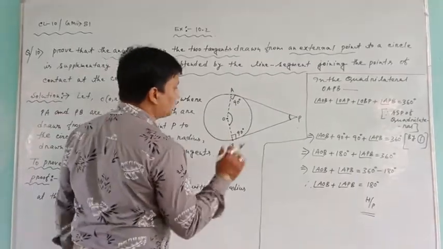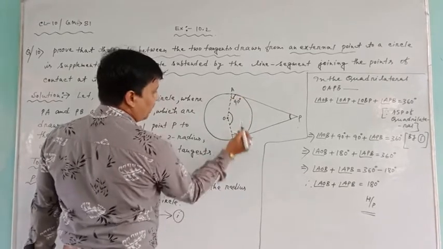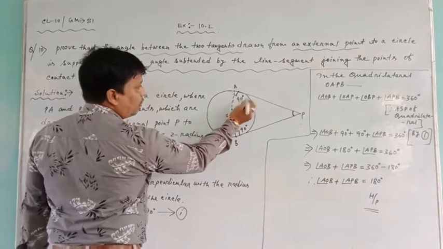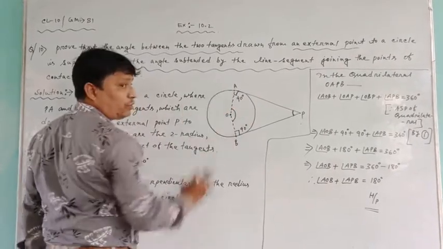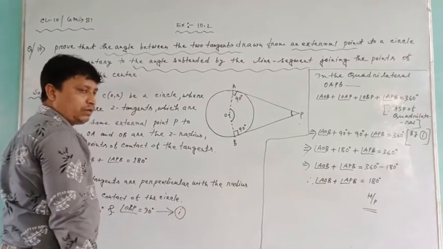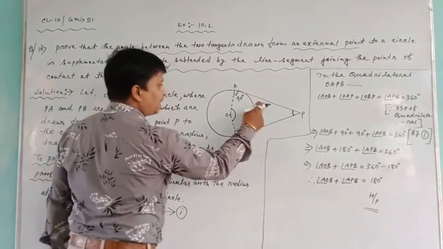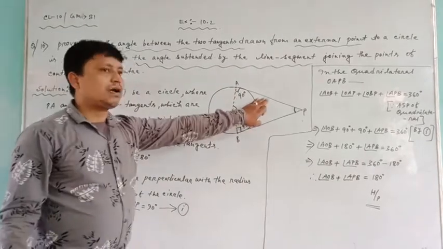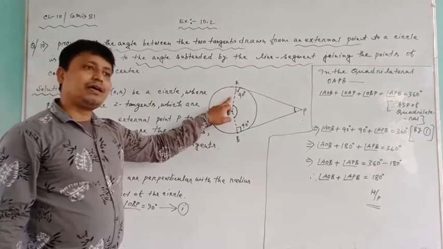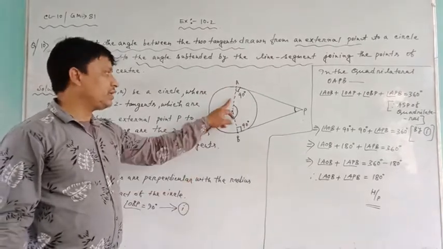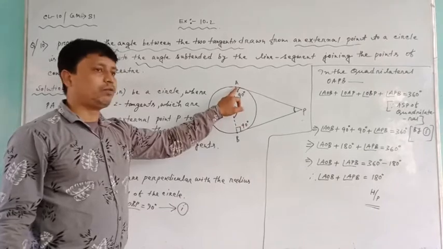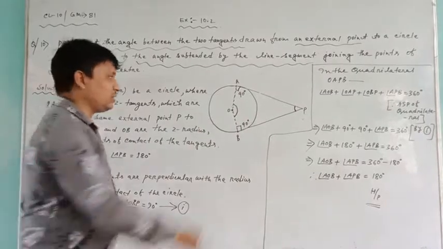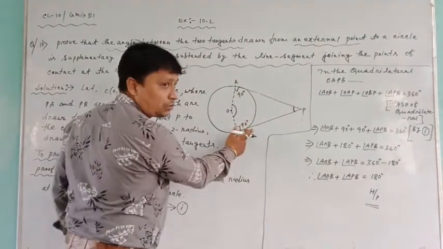But before using that, first of all we have to find these two angle measurements. So this angle is what? It is the angle formed by the tangent with the radius at the point of contact. So by theorem, we already know tangents are perpendicular to the radius at the point of contact. It is the radius, it is the tangent, and this radius is drawn at point of contact A. So these two are perpendicular to each other. So this angle is 90.